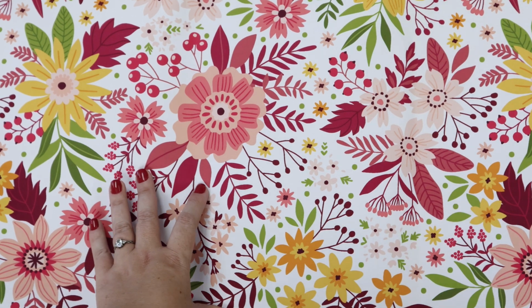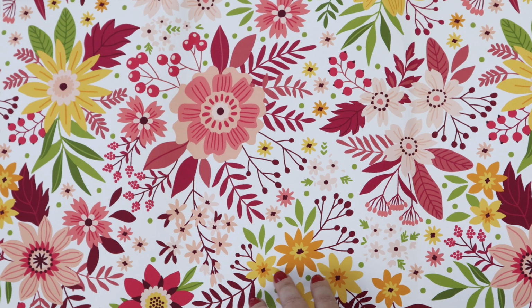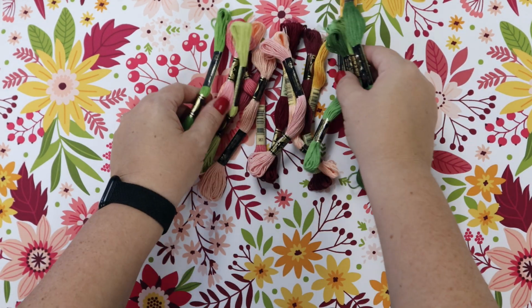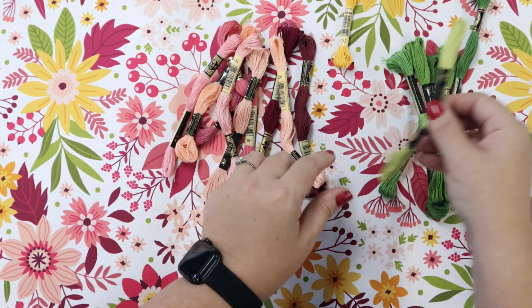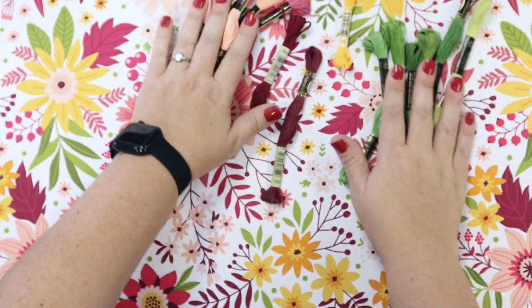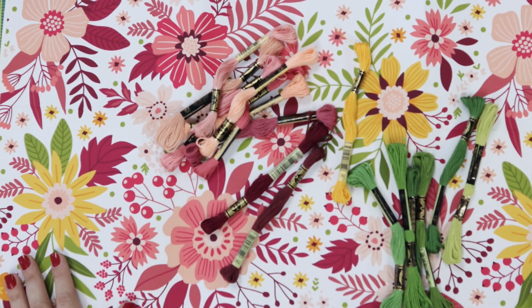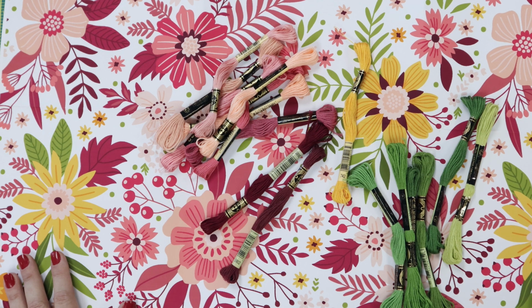And so I wasn't quite sure where I wanted to go, and so I literally went to my local big box store with this print and just started pulling all of the thread. This is just DMC thread. Pulling all of the threads that matched the colors that I was seeing here in the fabric collection. And I brought them home, and